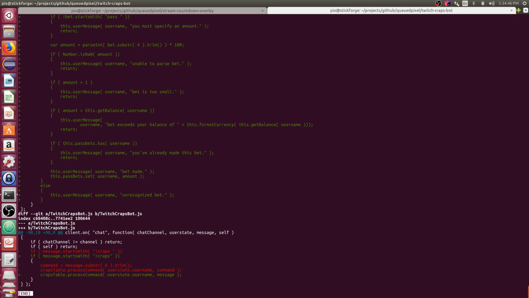Then we made a very minor change in the Twitch implementation, in that we pass in the craps command with no processing, just so that we could complain if they don't pass in craps with a space or craps without any subcommand, and we might at some point have a help response if they pass in craps with no parameters. So that just allows us to do more intelligent handling on that.